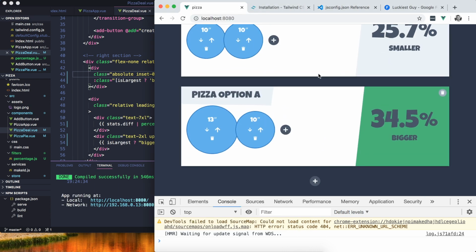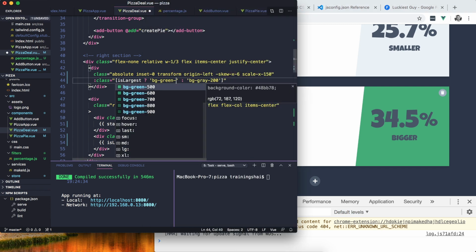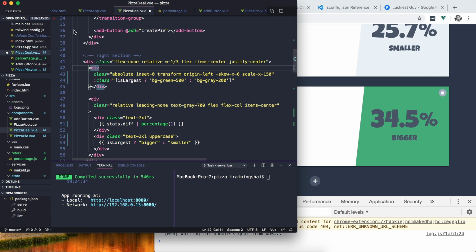There we go. Okay, I don't like that green, but that's the brightest that Tailwind's default greens go. I want a bright green. So let's put it back for a second, but all I need to do is go into my Tailwind config